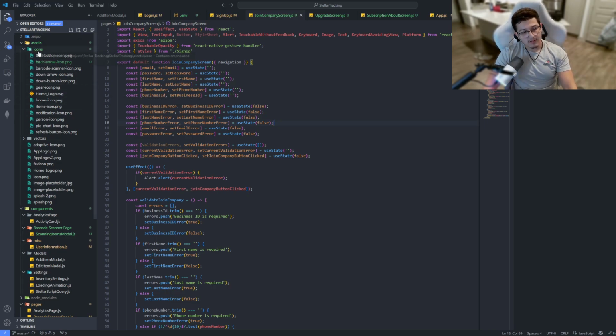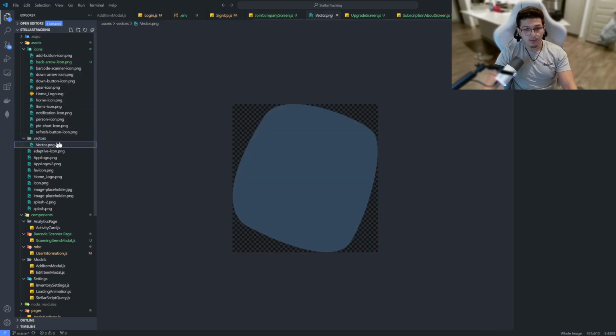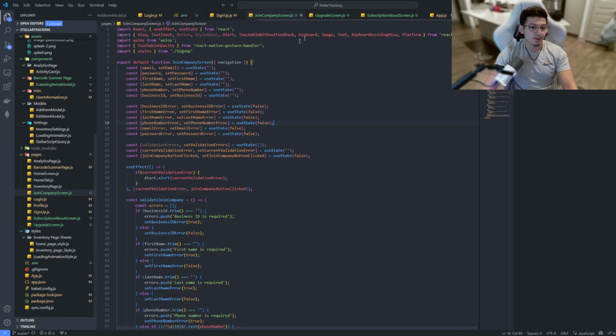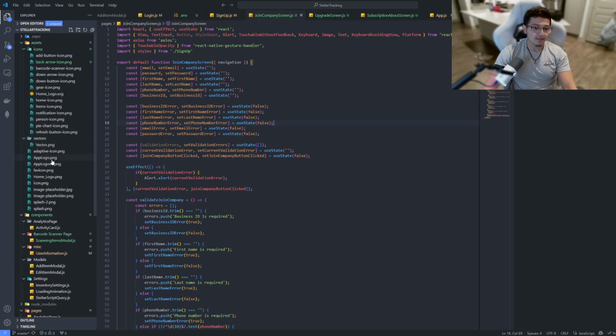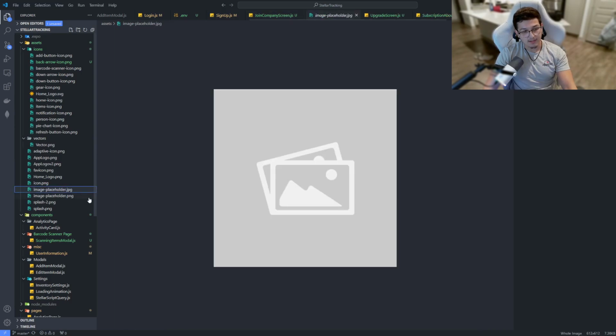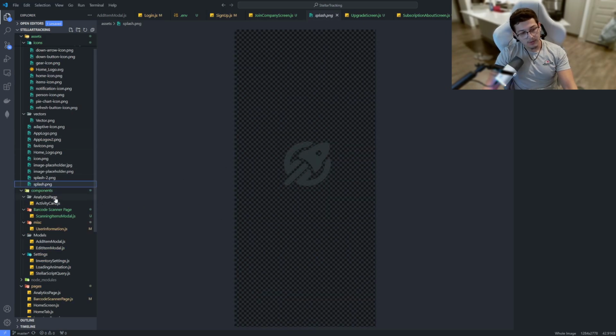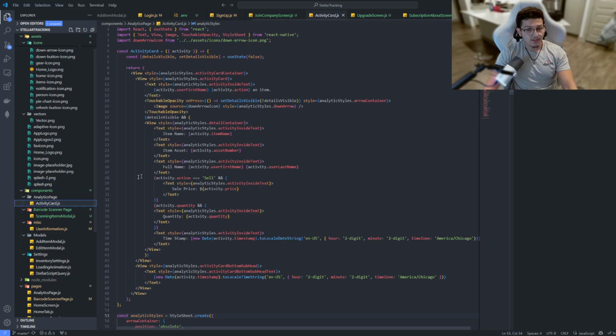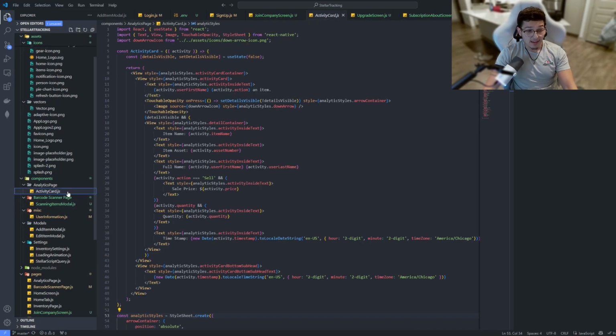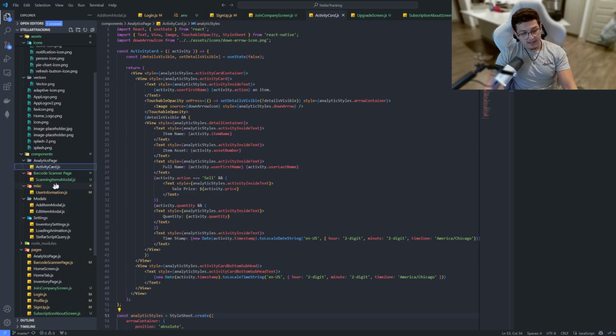So we have icons. The icons have all the icons in it. It also has some vectors. This one's just a blob, I don't know, but we have that. And then we have other images such as the image placeholders, the splash image. This is a basic Expo splash image. This is mine. And then we also have components, which has the analytics page, barcode scanner page under components, miscellaneous,